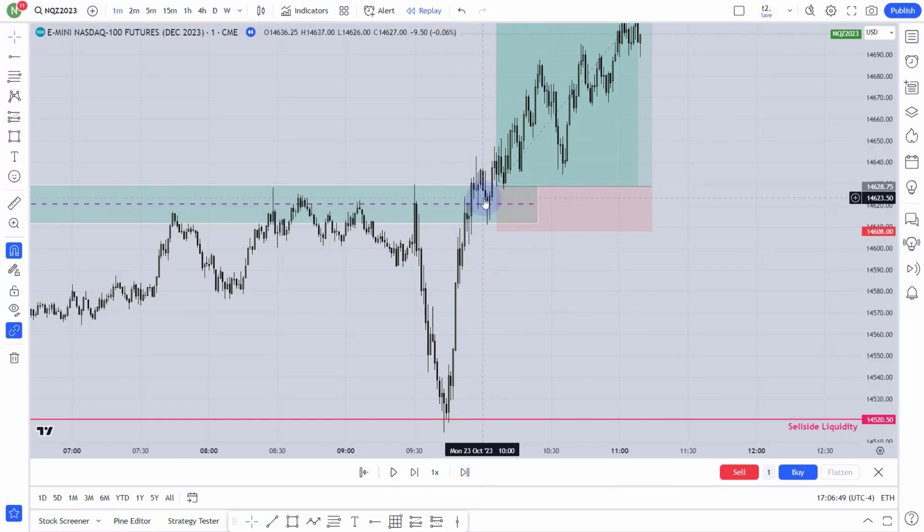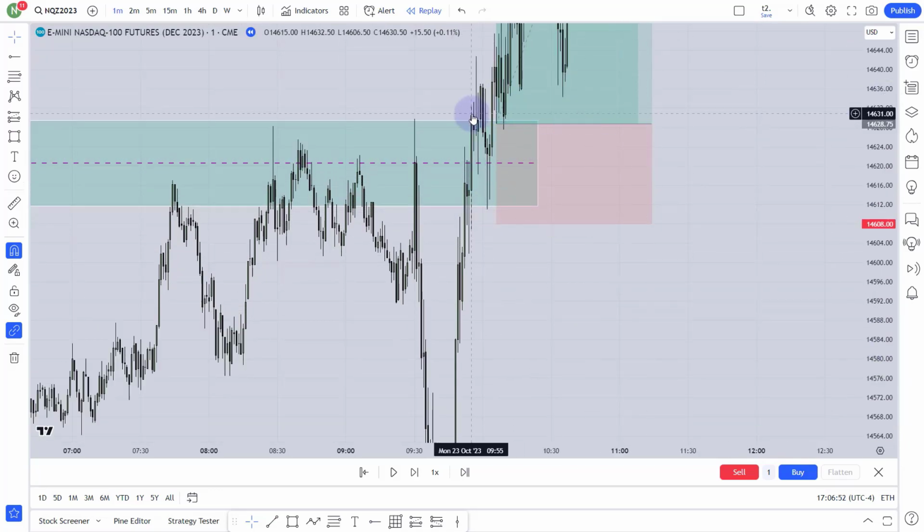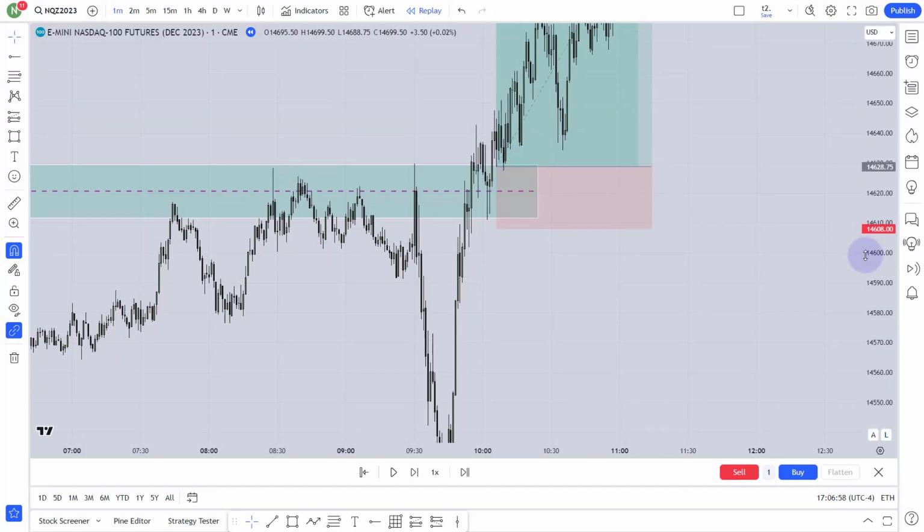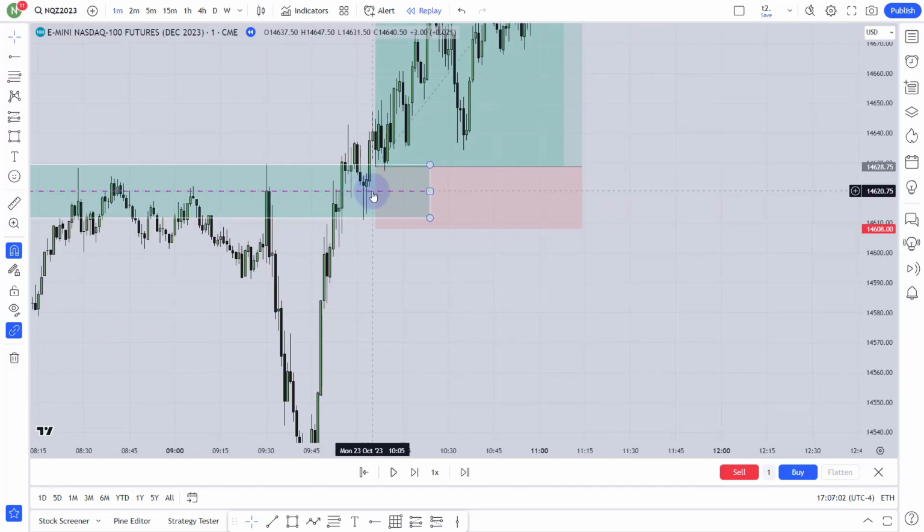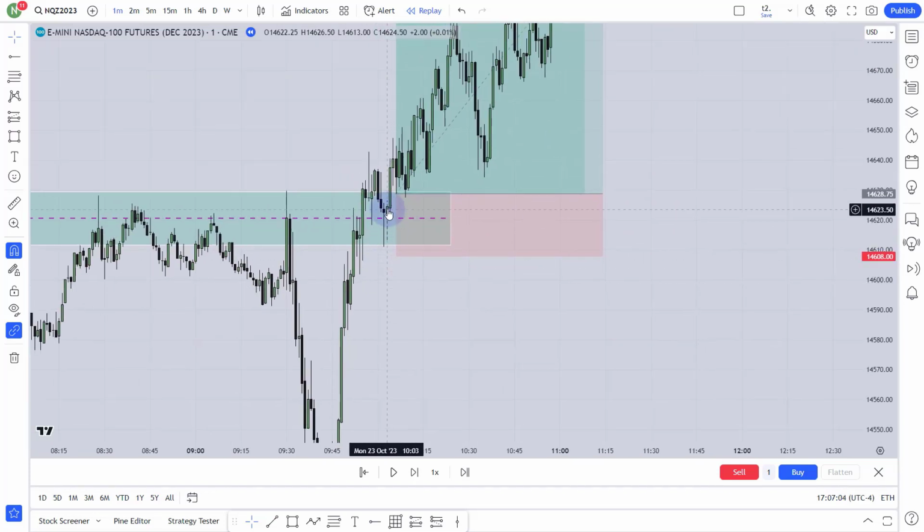When it breaks through this fair value gap, look at the body. Where did it close? Above this fair value gap. Okay, then you will wait for the rejection from the consequent encroachment of this fair value gap. If you see the bodies actually close above this consequent encroachment, then you will wait for some kind of rejection like this. It is rejected, and when it comes back again to the upper level of this fair value gap,